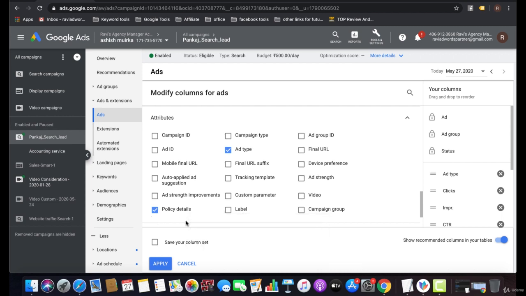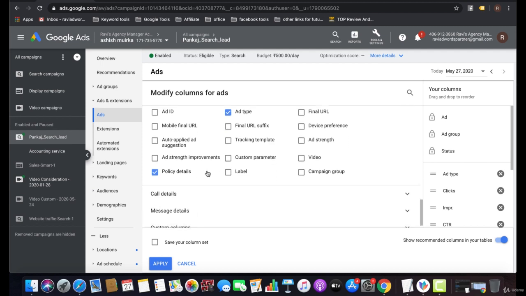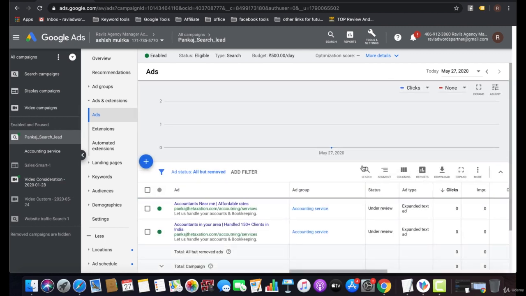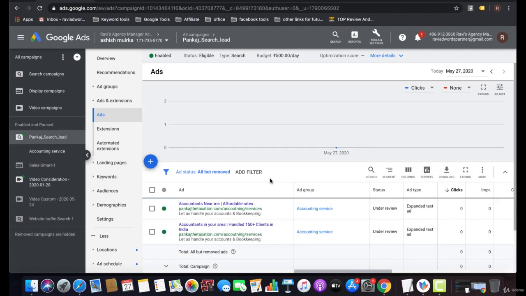I already selected a leads campaign, so I can show these metrics to track my campaign. And that is all about the Google search campaign.